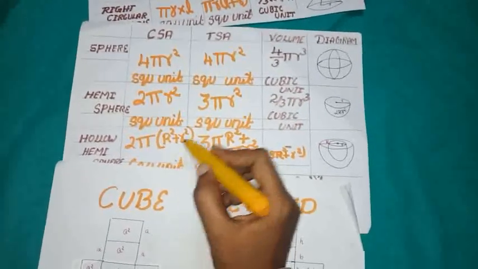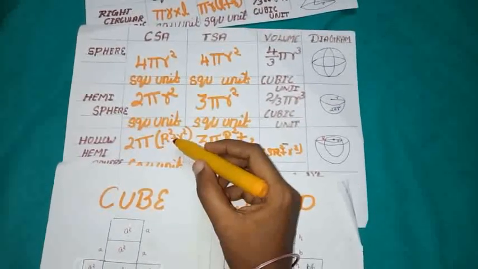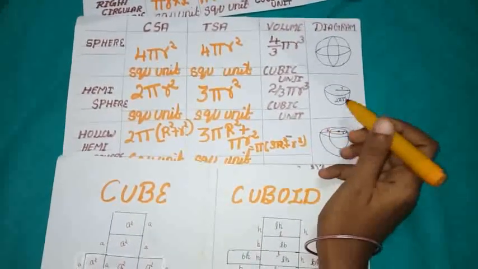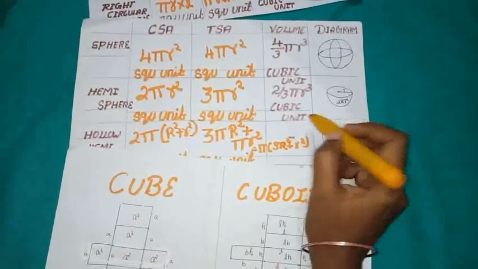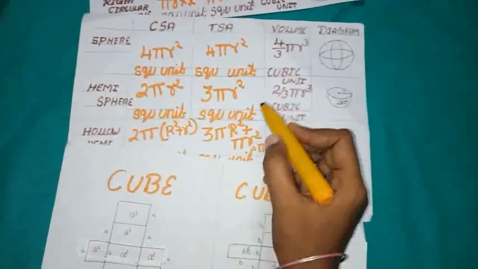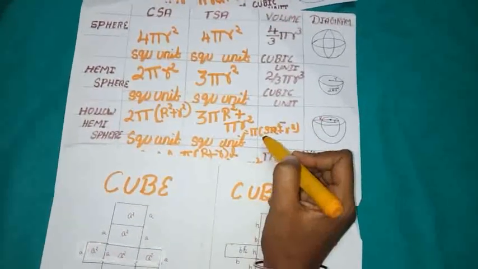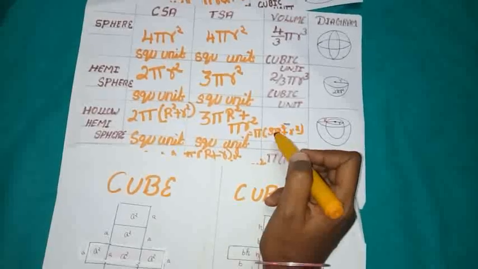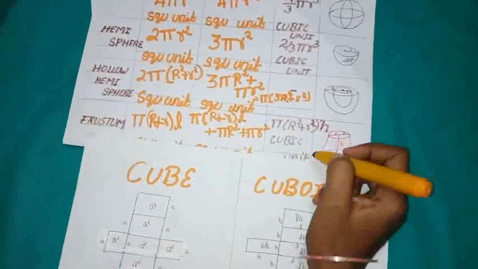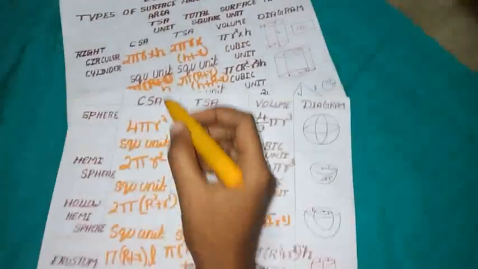Hollow hemisphere is nothing but two radii are there. So 2 pi into capital R square plus small r square. Next one is the TSA formula, total area. Here one area and here one area. So 3 capital R, because the largest radius is capital R, so we should write capital R first: 3 capital R square plus r square, with pi common. And then the first term is like a bucket shape, so pi into the r only is going to change with the help of the cone.